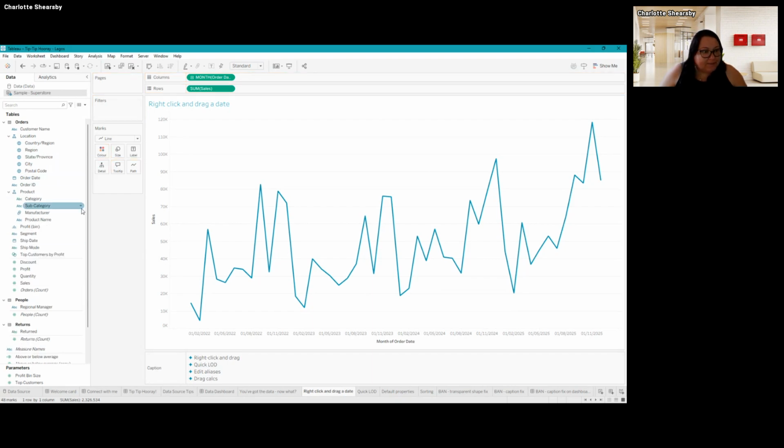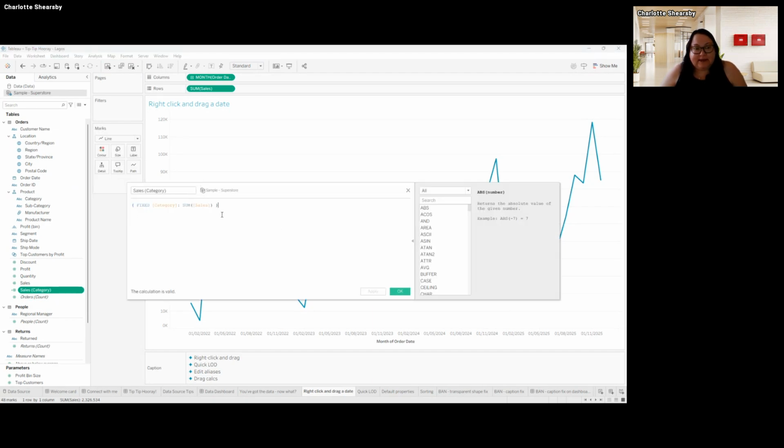Oh, hang on. Expand product. Pick up sales, hold it over the top of category. So category becomes highlighted. And now you'll see I've got a new calculated field that it's created for me called sales by category. And if I edit that, you'll see it's made that fixed LOD for me, curly brackets, everything in the right place. So if you're struggling a little bit with fixed LODs, just try that little trick so you can then start to understand the calculation and how it works.